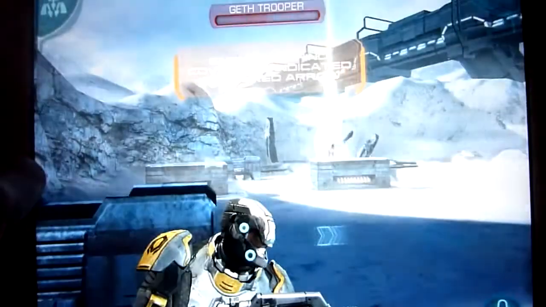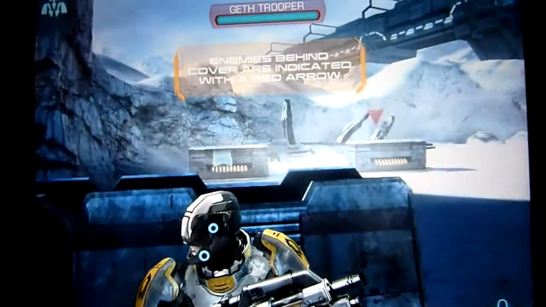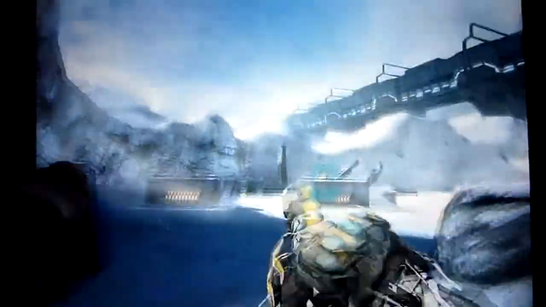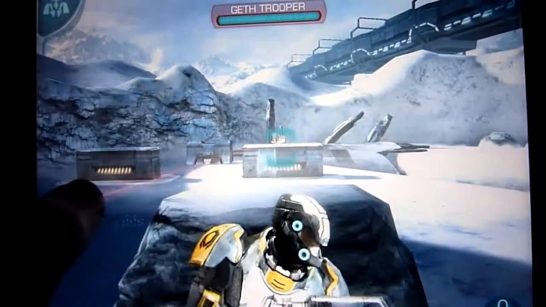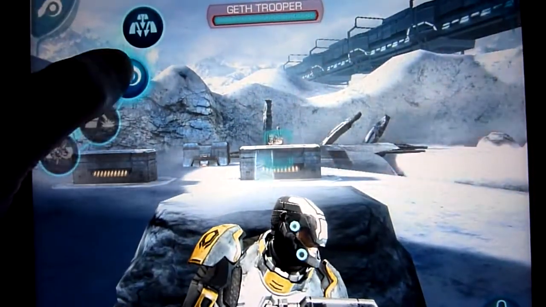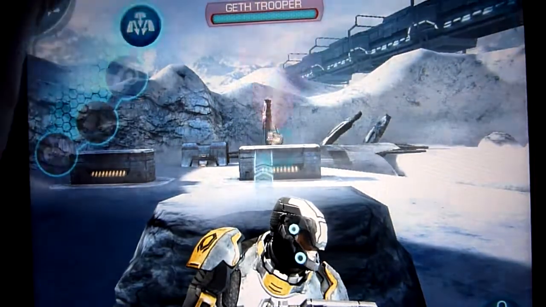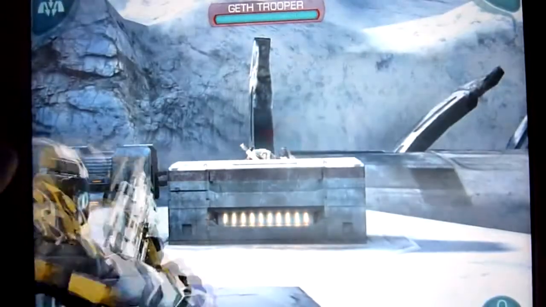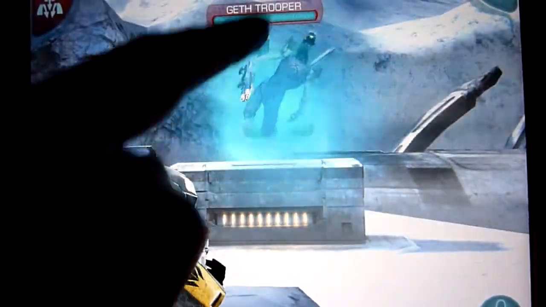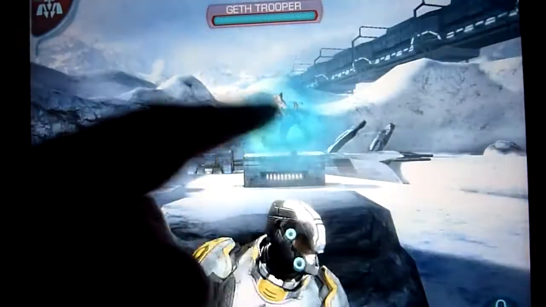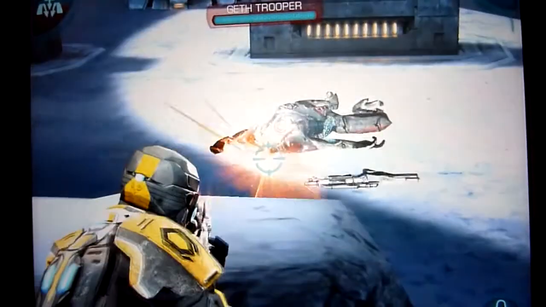So what I do, tapping once again takes you back into cover, and then you can swipe across and move to the next one. As you can see right now, you've got different abilities. So if I want, I could get this. I can use my pull, select the pull. It will drag and take the guy out. Once that, see how you can see that little area